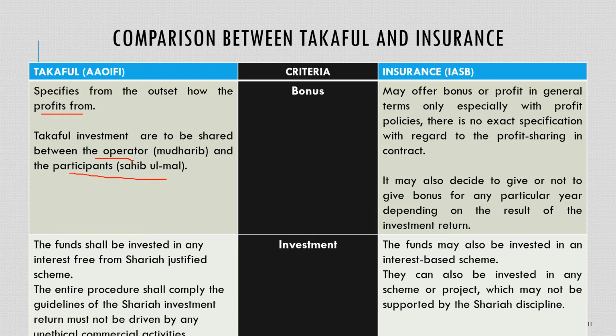So kalau dari segi bonus, yang penting the users ataupun the parties tahu bonus tu dari mana. Sebab kalau kita tak tahu, benda tu adalah uncertainty. Maksudnya kita tak tahu dari mana sumber tu, which means that it is halal or haram. So apa yang penting kalau dalam takaful, it must be clearly informed to the participant what is the profit, the bonus tu datang daripada mana.